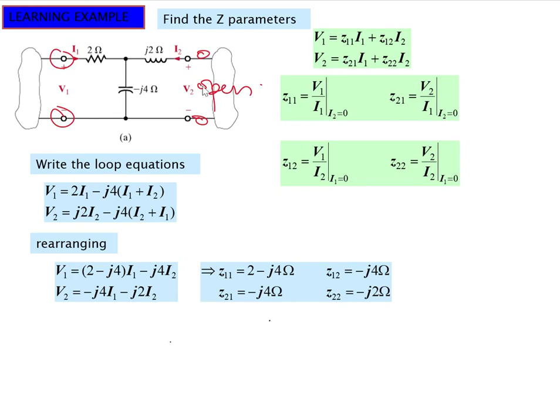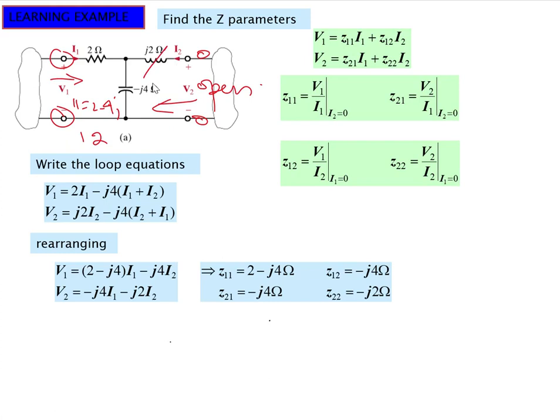So if this side is open and we want to check the impedance of this circuit from this side, here this would be the input impedance Z11, which will be equal to 2 minus 4j. Now if we check the impedance from this side, that is Z12. So Z12 would be equal to